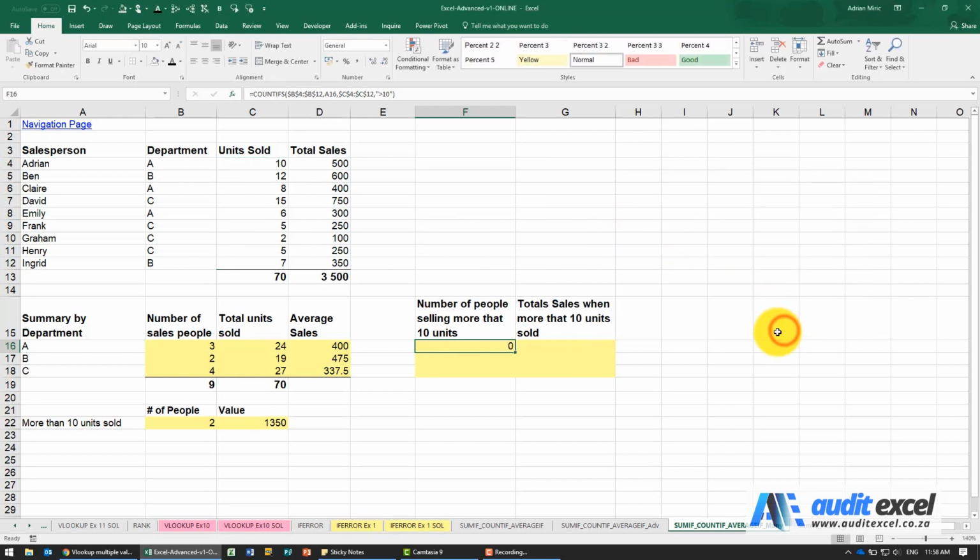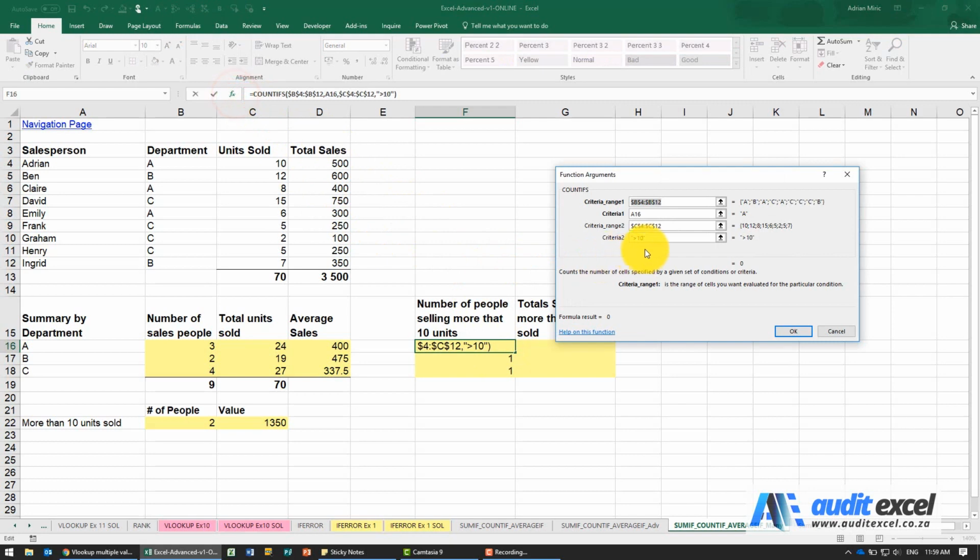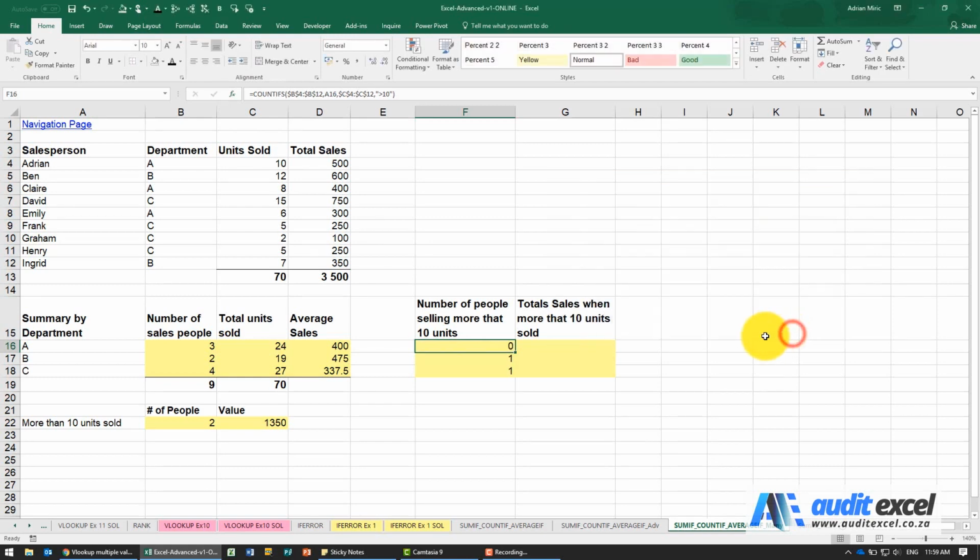And when I say OK, it then does the multiple tests. So let me just copy that down. So you'll see now I can see that in department B, so it's either that one or that one, there seems to be one person and it's that person there. So by building up your criteria, you can add a number of them, and you'll see there's a whole bunch of them, I think up to 250 of them, which you can then use to work it out.